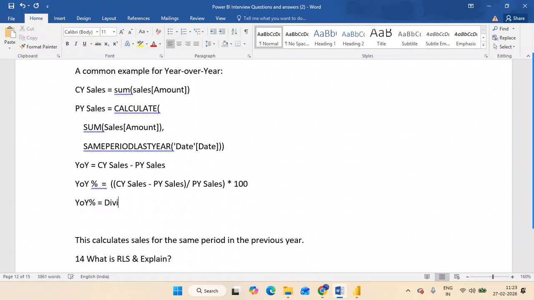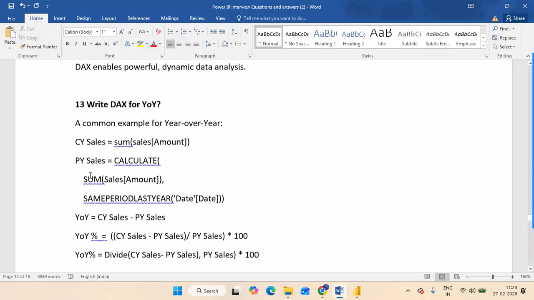Equal to divide of current year sales minus previous year sales, comma previous year. So this is going to be the formula for year over year growth.